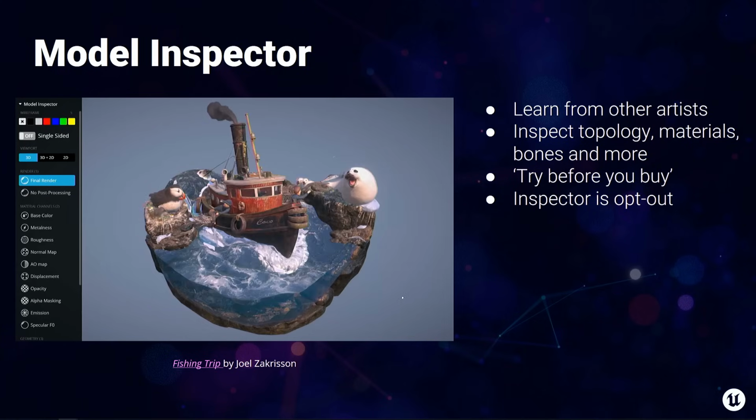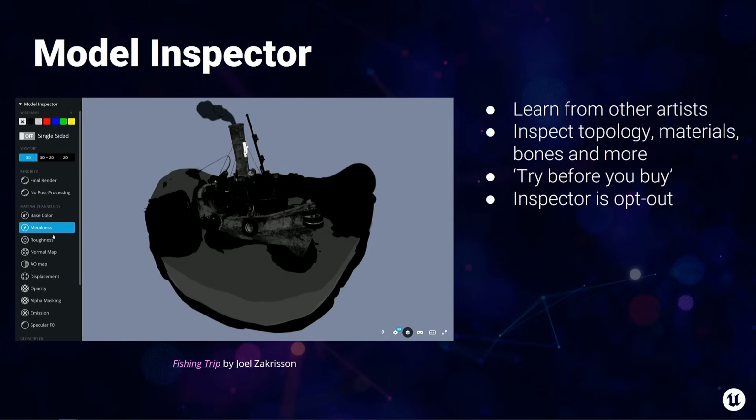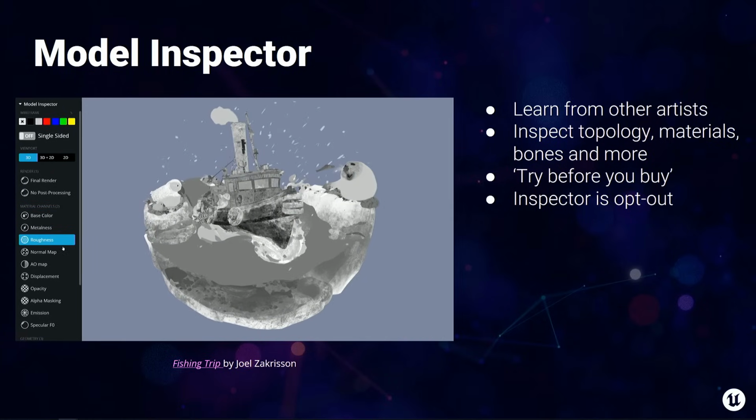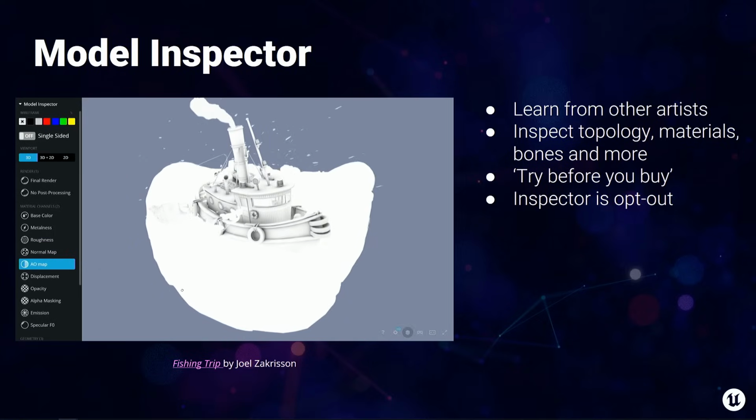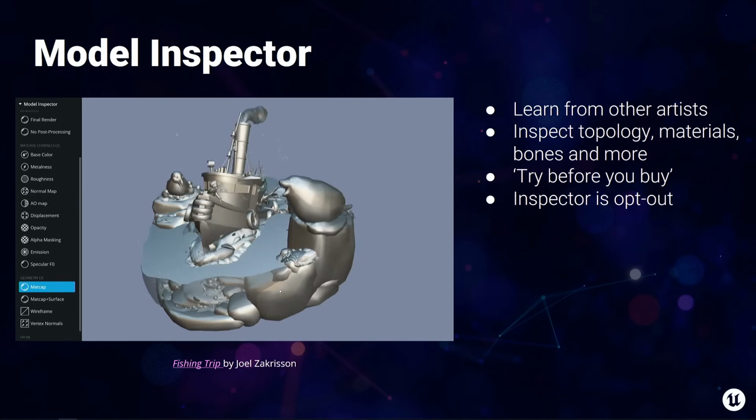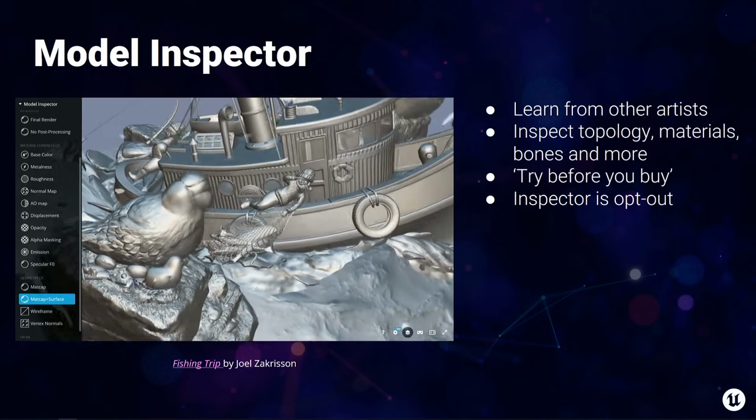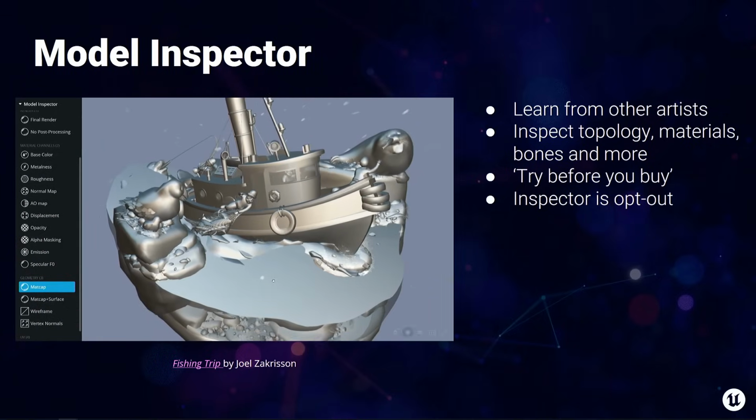Our model inspector was one of our most requested features. A lot of people would see a scene and they would want to know exactly how it was made, and how did they achieve this effect, or what does the geometry look like? And so we created this model inspector where you can go in and look at all the different material channels, you can look at the geometry, the mat cap, wireframe, vertices, and